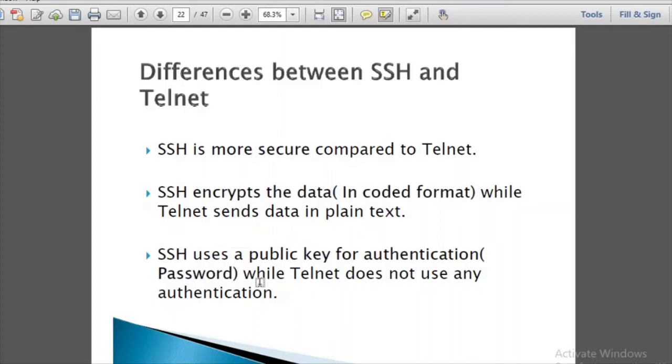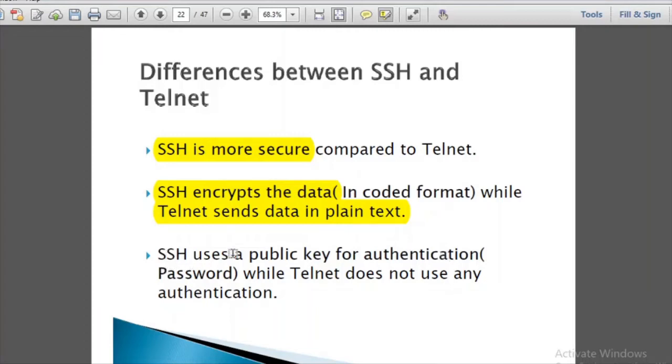Then what is the difference between SSH and Telnet? Both are used for setting up remote login. The main difference is that SSH is more secure, as we have learned that SSH provides encryption. SSH encrypts the data, but Telnet does not encrypt the data. It sends the data in plain text, meaning as it is. Like if I want to send my colleague, hey, what's up, are you up for a meeting at 10 a.m., it will send the message as it is.